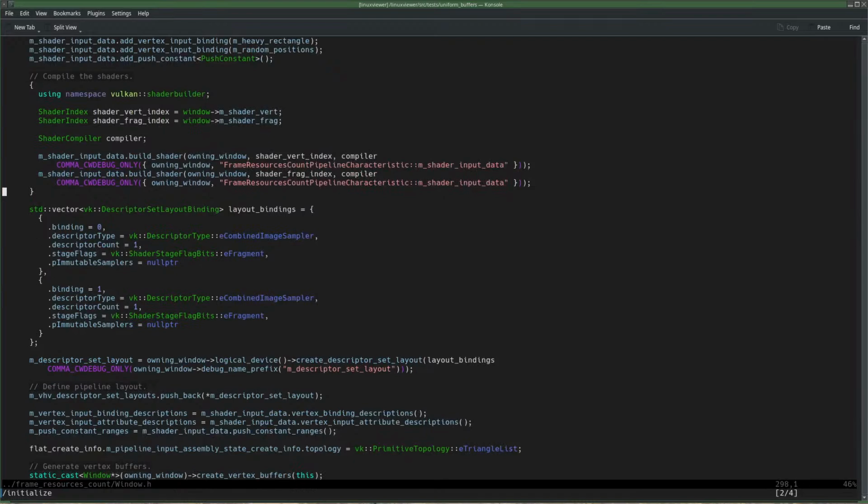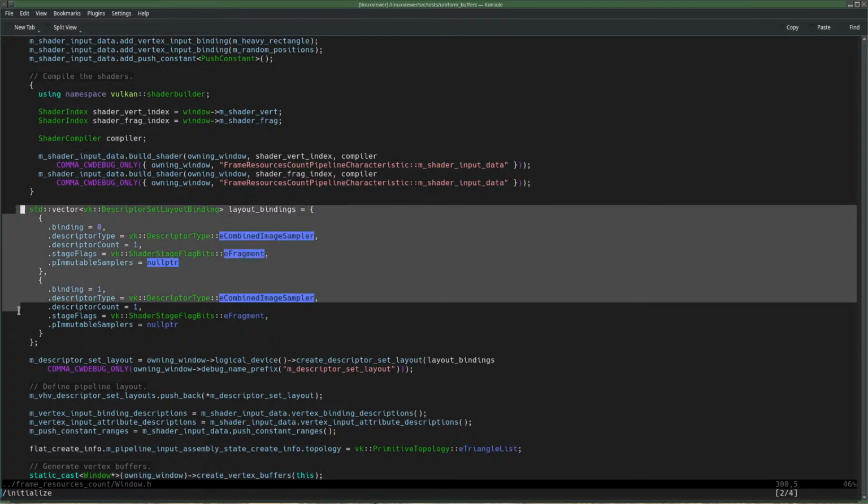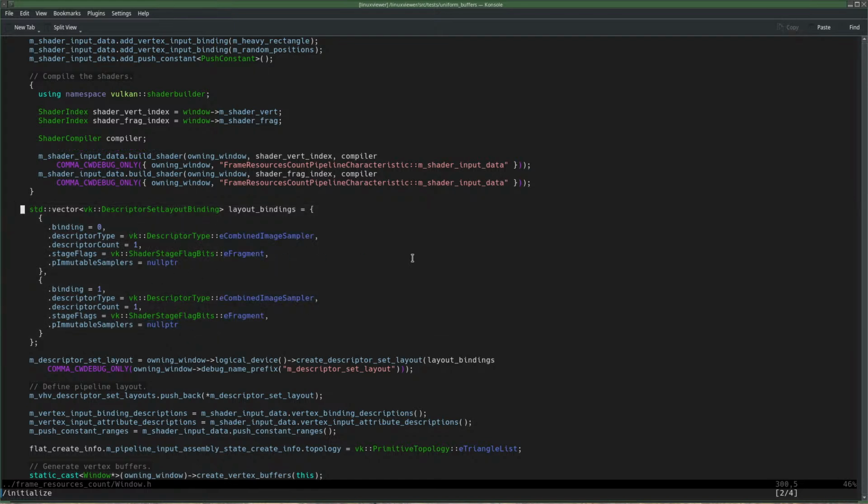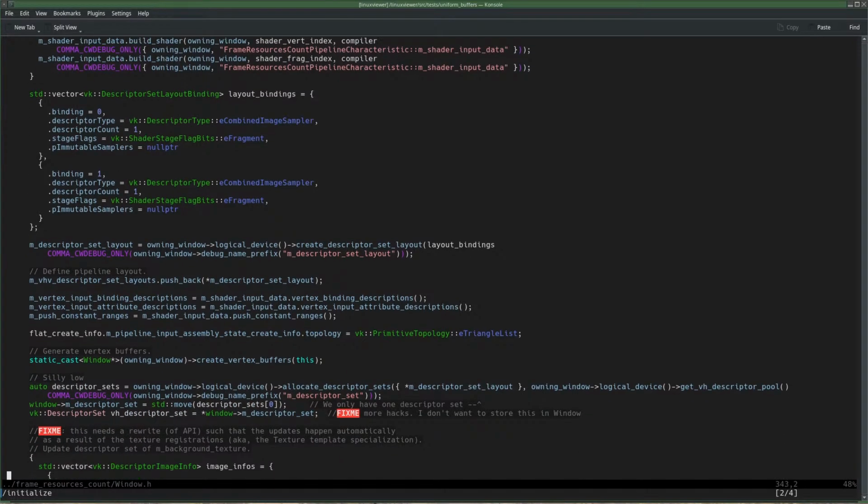And then after compiling the shaders, we start to do some horrible stuff like hard-coded values. But a big difference with yesterday is that now I have this after the compilation. So while parsing the shaders here, I get information that will allow me to generate this. So I managed to move it behind the call to build shader. So all of this until the end of the function, or what was it?